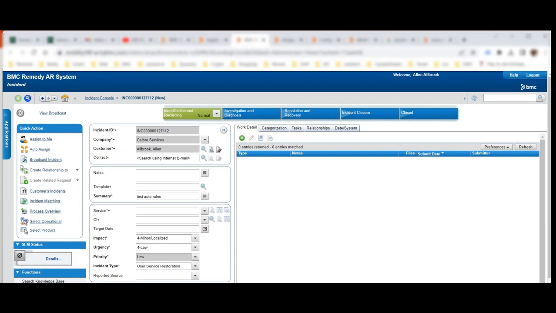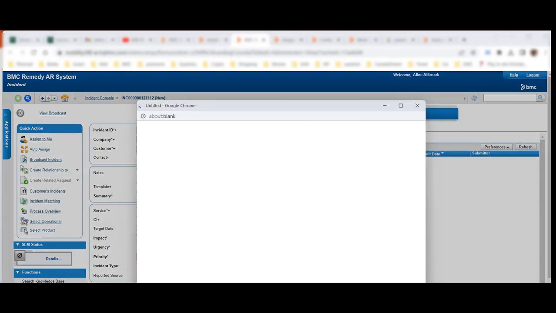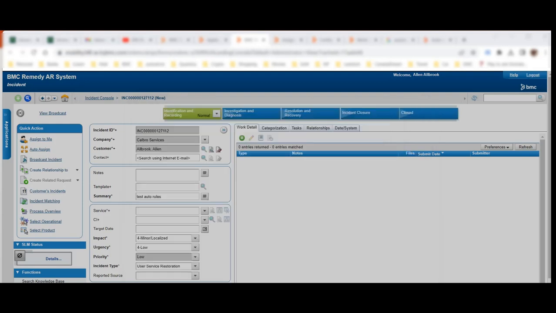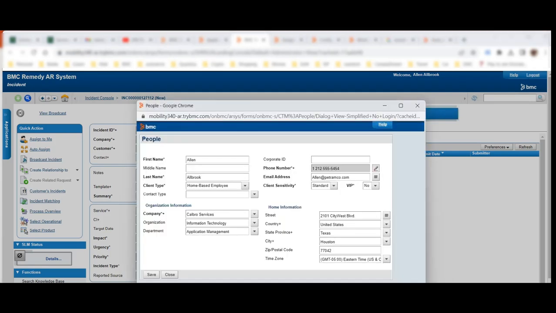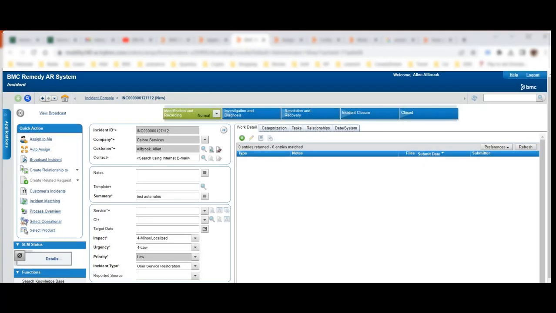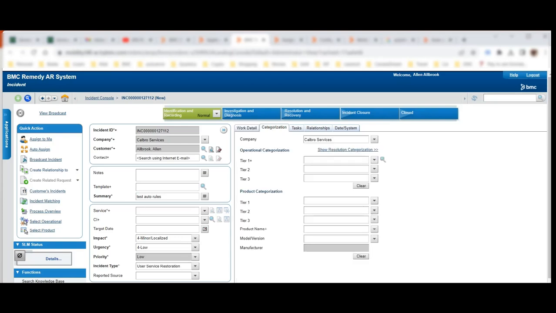If I see here, so we have defined the contact company. We have defined the customer organization. Now we will define the operational category. So let it open. Yeah. So you can see here, this is the company for the customer. Let me close this. Now let me go to categorization, and here I will define the categorizations which we have